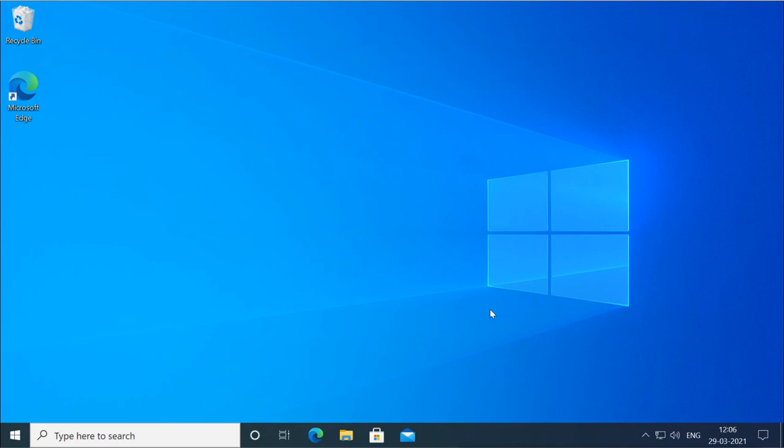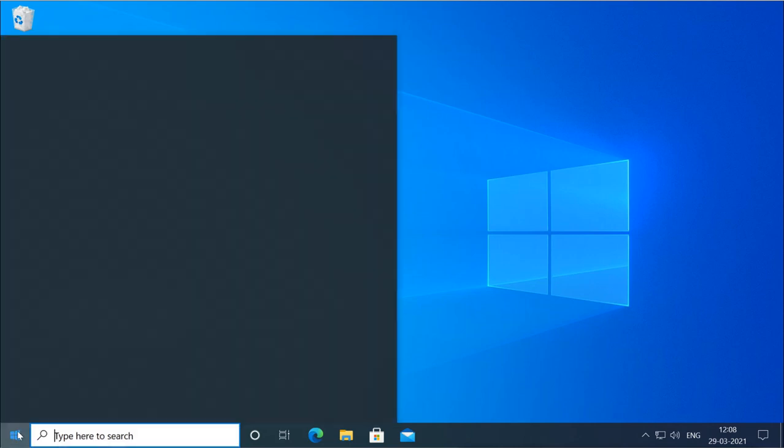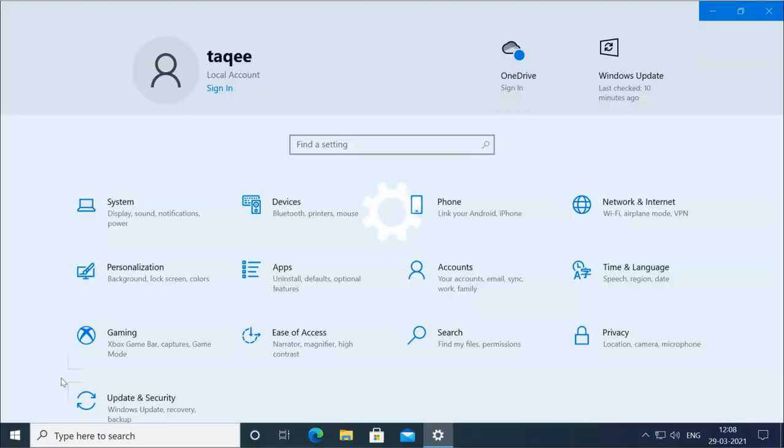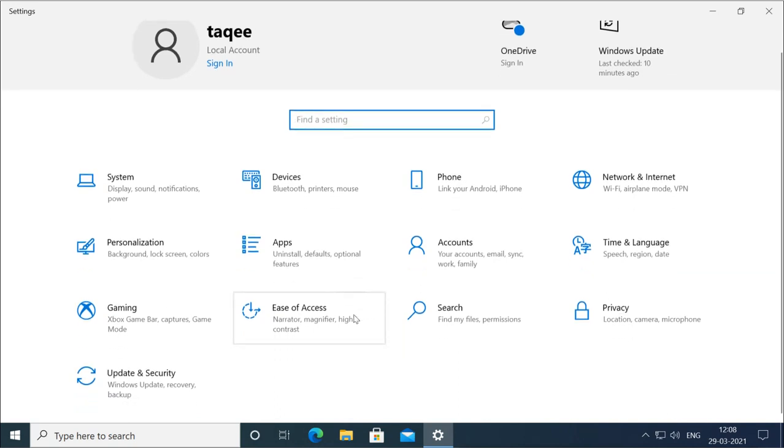And the Settings app. The Settings app is different than in previous versions. In previous versions of Windows, there was only the Control Panel where we could do all the configuration-related things. But from Windows 8, we have the Settings app, where we can change the settings of our Windows. Now in Windows 8 or 8.1, we are not able to do lots of things from the Settings app. You can access it from here, but it is now consolidated. That means we can do lots of things from this Settings app.